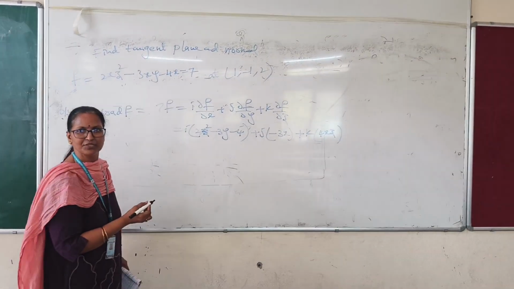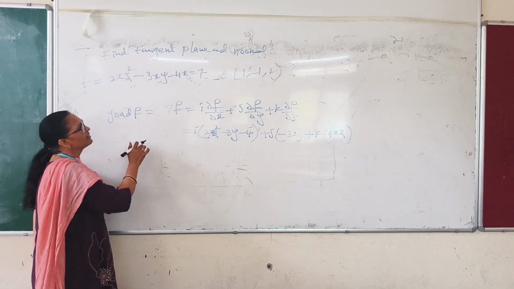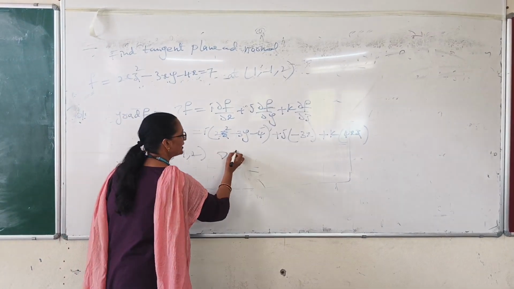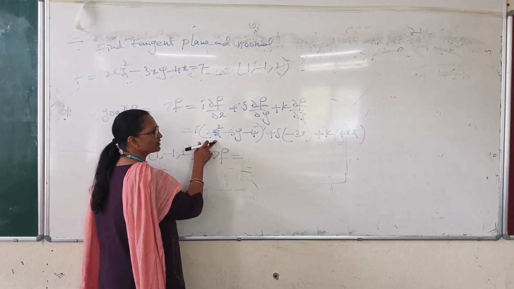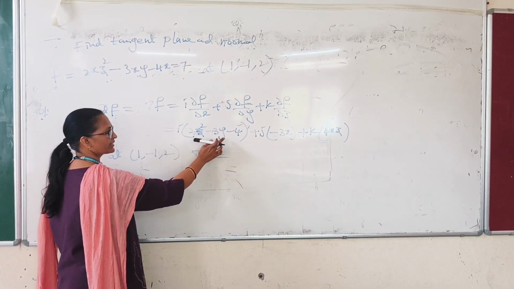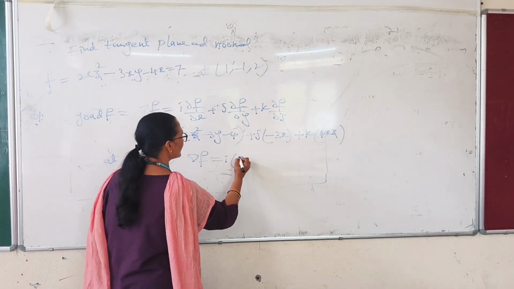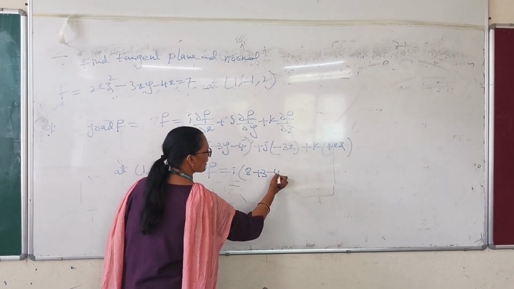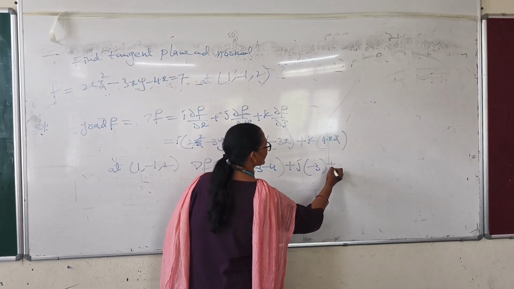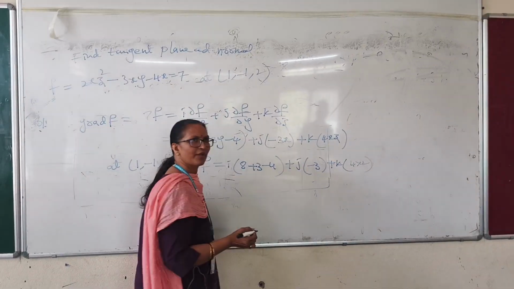But the point is given. So at the point, let us write the gradient. Wherever x, y, z, let us substitute the point (1, -1, 2) here. Here there is no x, and the y value is minus 1. To substitute, z is 2, its square is 4, and 4 twos are 8. 8 minus of minus is plus 3, minus 4. Wherever, here also, we substitute the x value as 1. It is x into z, so it is 4 into 2. So finally the gradient vector is equal to, what is the total value here? 11 minus 4, it is 7i minus 3j plus 8k.